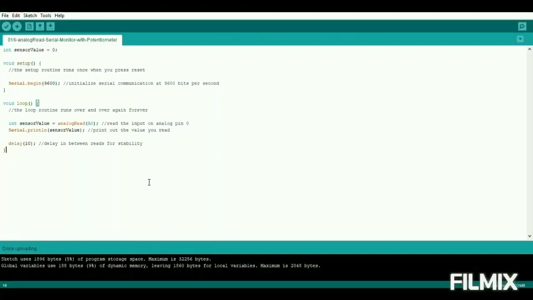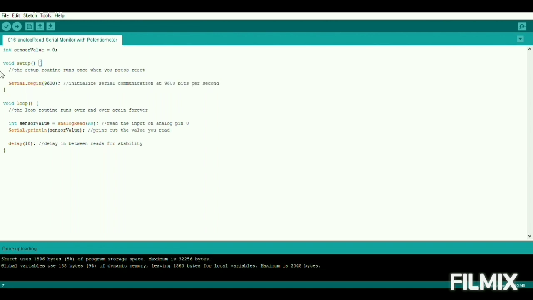Now, as we are on the PC with the program all up, the first line which we can see is int sensorValue = 0, which states that sensorValue will be equal to 0 when the program begins. Then in void setup, the program runs once, so it is written as Serial.begin(9600). So the software will tell the Arduino Uno to communicate with the software using 9600, which is the baud rate at which Arduino can communicate.